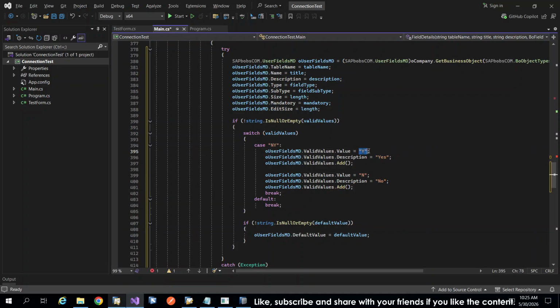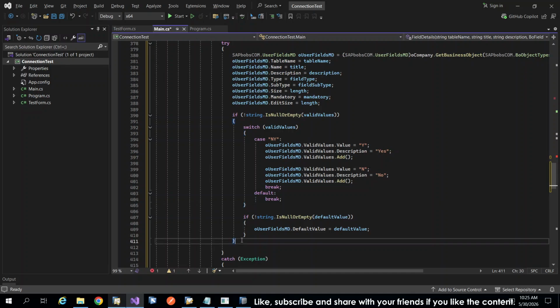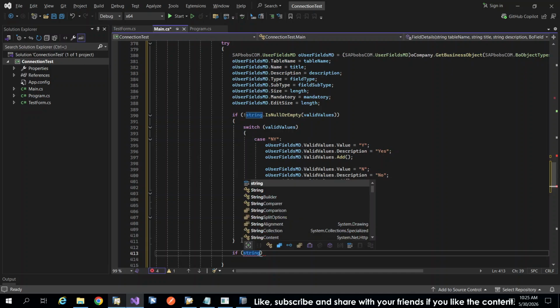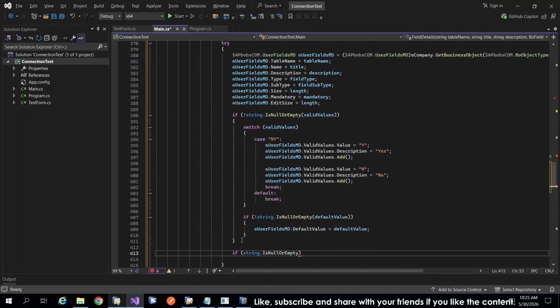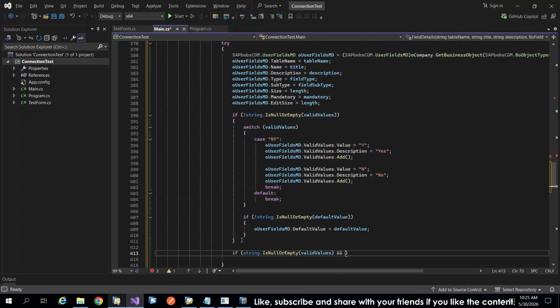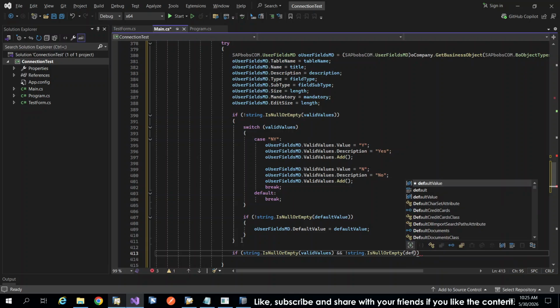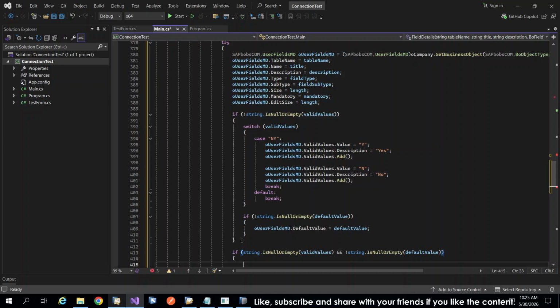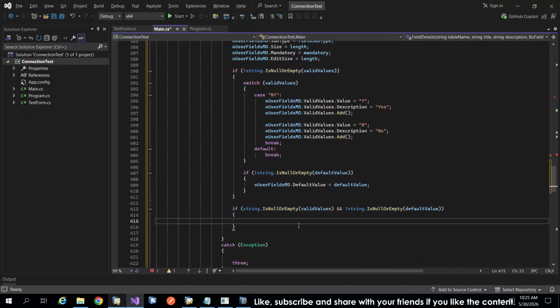So the default value should be yes or no, either yes or no. Now what we'll do, if string, this is for normal where there are no valid values, then we will just set the default value. Okay,